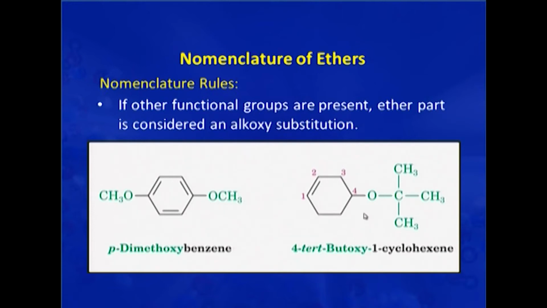In this case, this is a cyclohexene, and since you know that the double bond, if present in a cyclohexane ring, gets preference over other substitutions, we will number the molecule from this carbon atom which has the double bond, and that is why at position 4 of cyclohexene we have the tertiary butyl substitution. The name of the molecule is 4-tertiary butyloxy or 4-tertiary